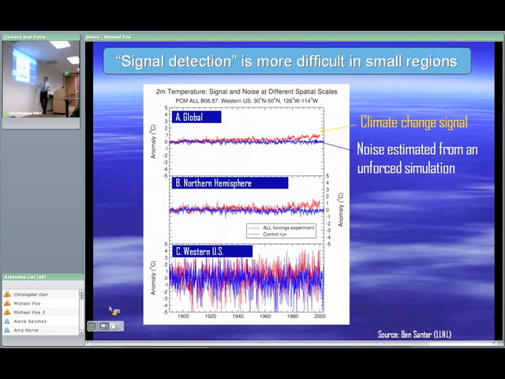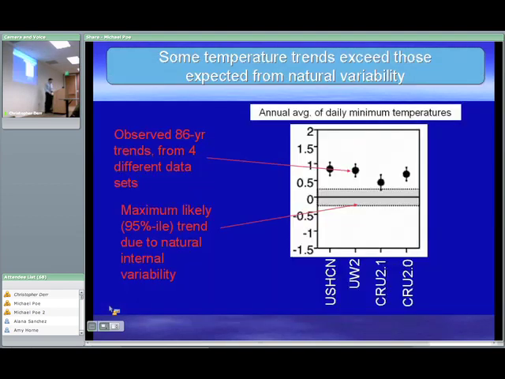And you can see on a global scale, the trend is bigger than the noise. You can think of it as a signal-to-noise problem, and you can actually see the signal bigger than the noise. The problem is, as you look at smaller and smaller scales, the signal is about the same, and the noise of variability gets much, much bigger. So looking for a signal of human influences on the scale of California, which is what I did in the study I just finished, is difficult because this noise tends to be very large.